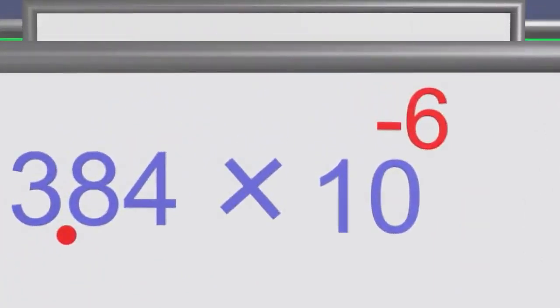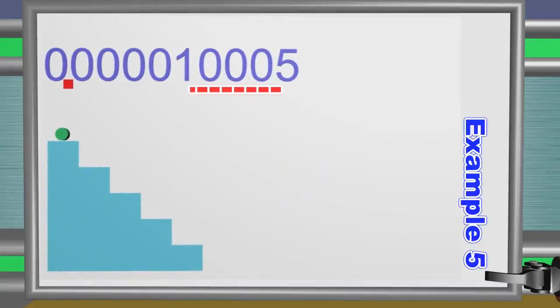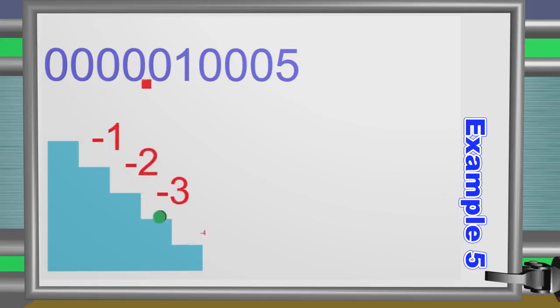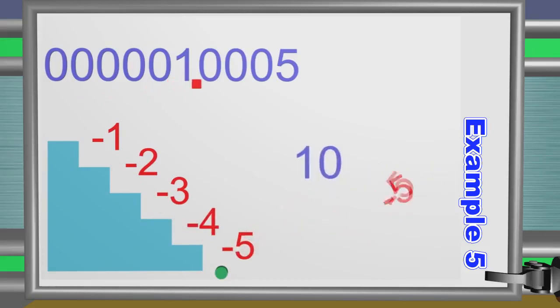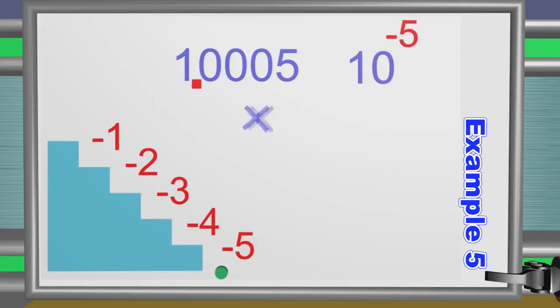Example 5. What if there is 0 between the digits of a number? Consider the following number. We have to move the decimal point to the right, to be just one digit before the decimal point. As we move to the right, we write the power of 10 as a negative number, that is -5. Therefore we have